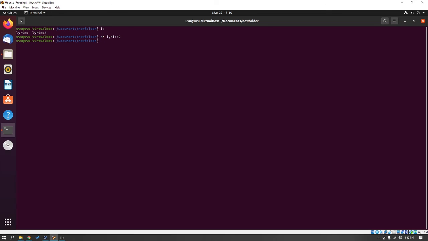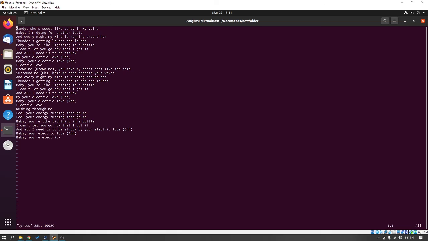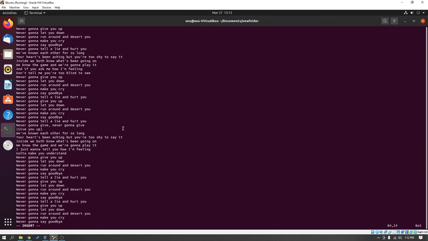So if you want to edit a certain text, we can use Vim and lyrics. And Vim is not pre-installed in Ubuntu, so what you have to do is you can type sudo apt install vim. To edit, we need just like vim and then lyrics. So we are now inside the text file lyrics. So to edit, we just type in i, which is insert, and then go down to here, and then we just add another kind of lyrics, and then just press escape and then :wq to save,